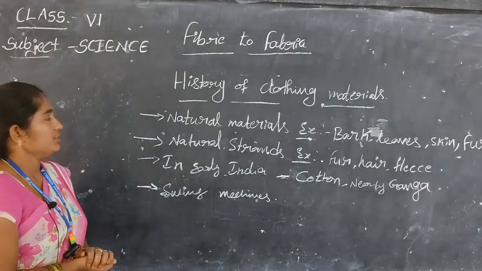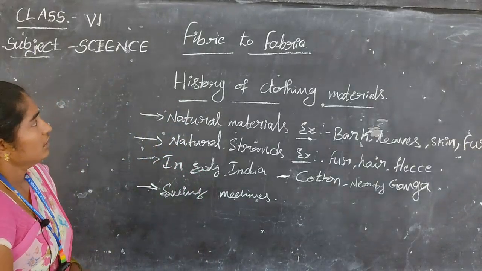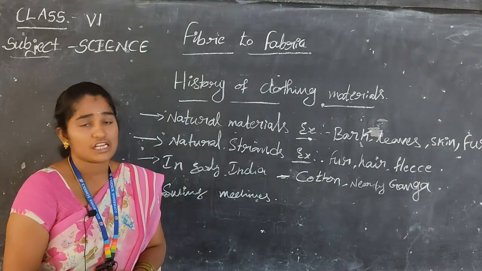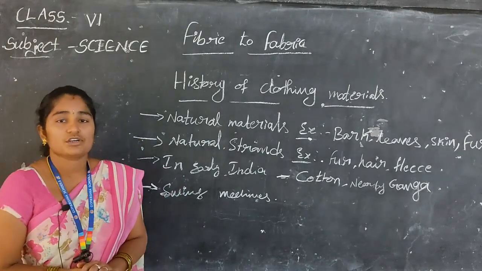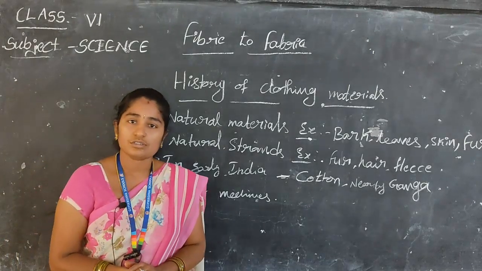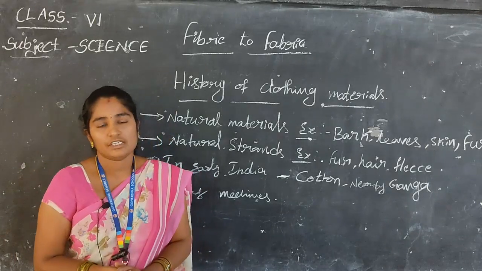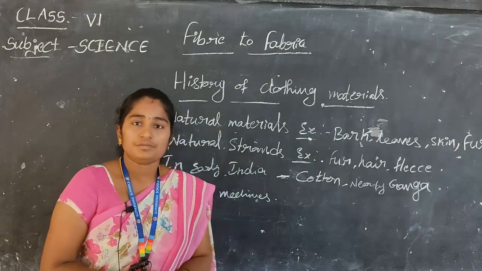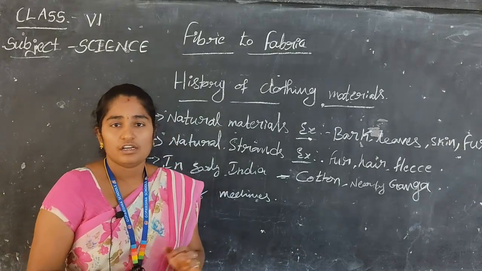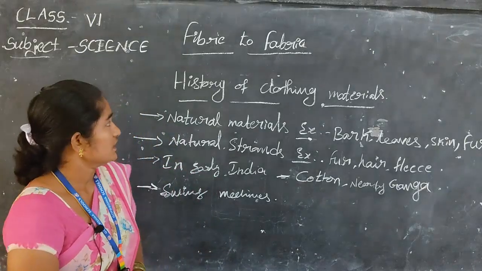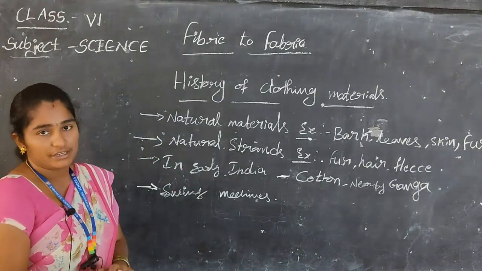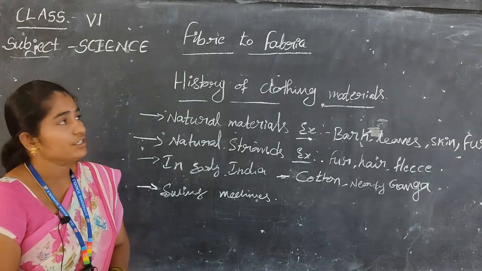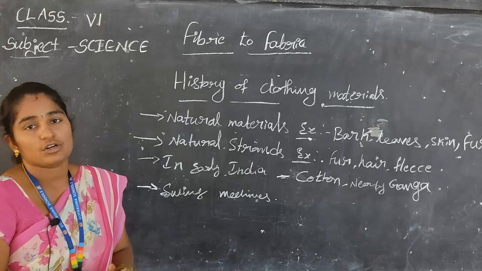Okay, fiber to fabric is completed. Then, food is important for us, as well as fabric, means the clothes are also important for our daily needs. So this is the dignity of every person, everyone. So this is fiber to fabric, how we make it, from fiber to yarn to how we convert it into fabric, means clothing.